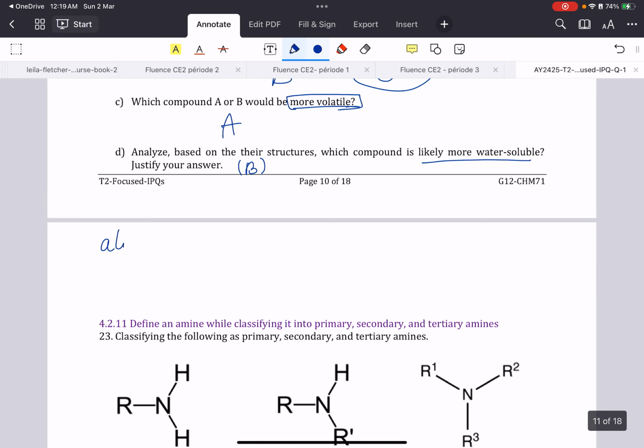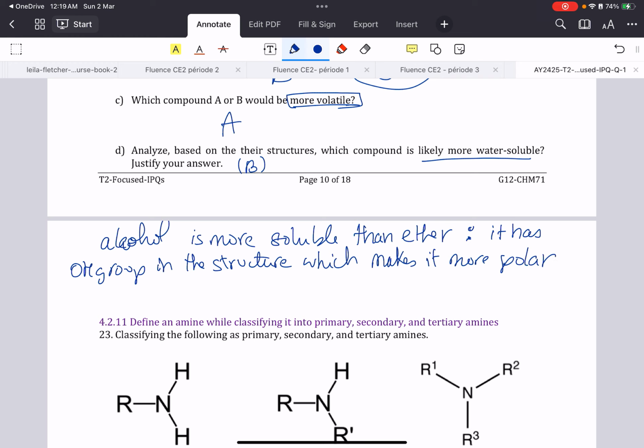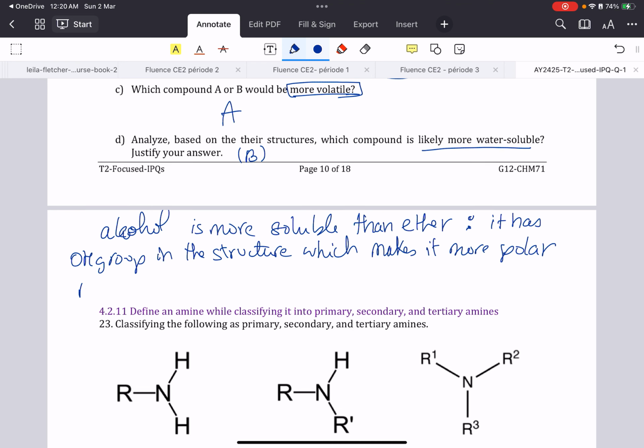So, first of all, alcohol is more soluble than ether for the reason that it has an OH group in the structure, which makes it more polar than ether, and more soluble. So it will be more soluble in water,